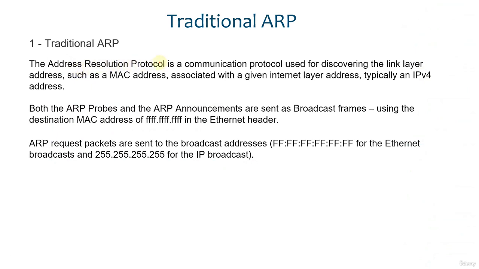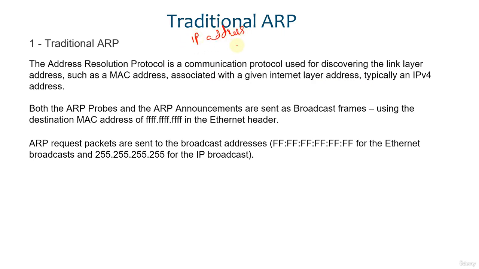The Address Resolution Protocol, or ARP, is a communication protocol used for discovering the link layer address, such as MAC addresses, associated with a given internet layer address, typically an IPv4 address. So, in short, what it's trying to say is, you have the IP address